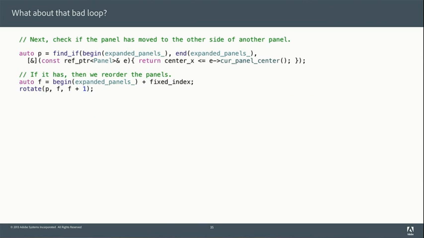So now we've got that messy piece of code down to a find_if and a rotate. And the code here is considerably more efficient than the previous code that we had. If we actually looked at the rest of the function, we can now see that the comment that we had was really applying to the find portion, not the rotate portion.